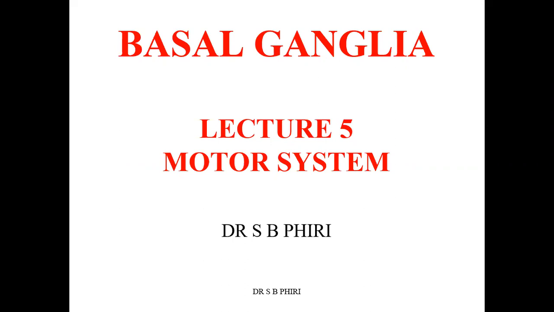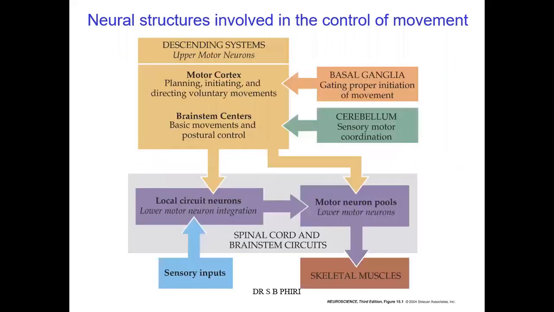But before we go into detail on the basal ganglia, you need to familiarize yourself with the general structures involved in motor control, the neural structures involved in control of movement. Remember, in the previous lecture we discussed the descending pathways, which were upper motor neurons descending down to the spinal cord, from the cortex, which we call the pyramidal system, and from the brainstem, the extrapyramidal system. Those coming from the cortex, the corticospinal, descend down to